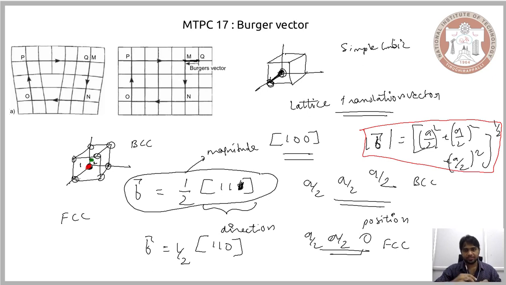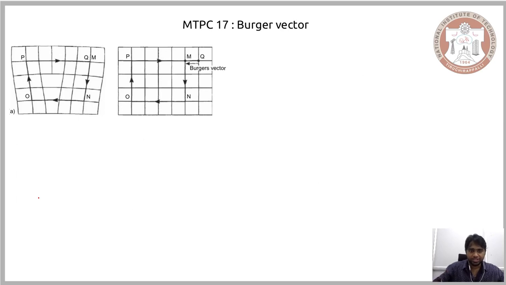So just to wind this lecture up, let us compile what we have seen so far about the Burgers vector and its representation. When you want to represent a Burgers vector, you need to have a component of the magnitude, where let's stick with the BCC crystal structure, and the component of the direction. And this combination of the component of the magnitude and the component of the direction will render us the representation of the Burgers vector.